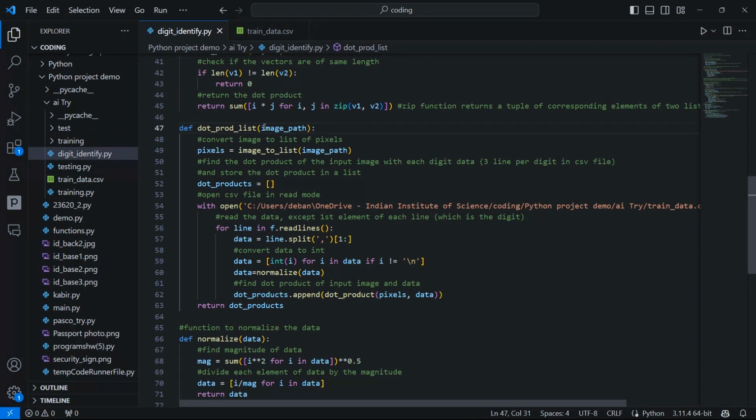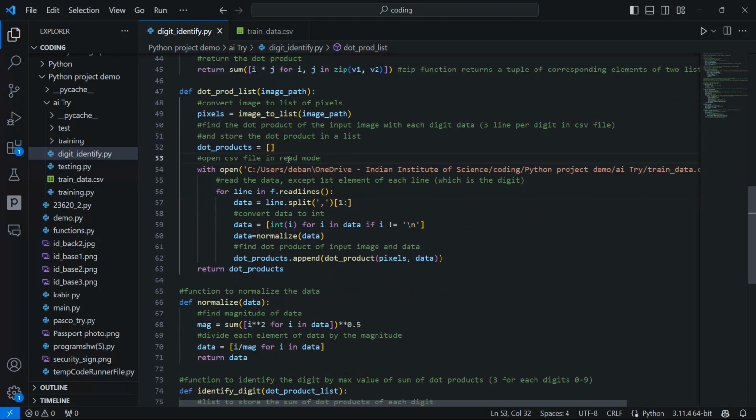Now we will see the dot product list. It takes image path, and that image path is for the test image. Remember that pixels stores the parsed pixel illumination values from that test image data, and then we create an empty list, dot products. Here we will be storing the dot products of the test image data with the train data.csv's each line. So there will be 30 elements in the dot product list, and before that dot product list is created,